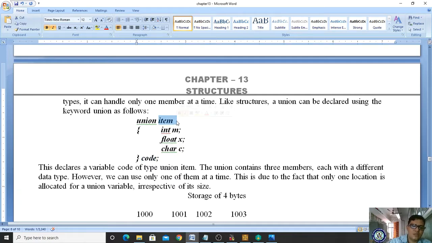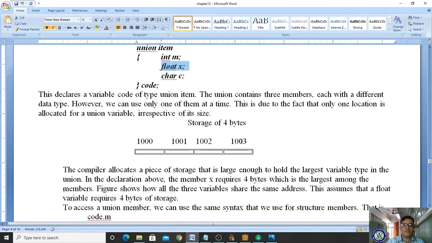If you want to access this value, how do you access it? code.m, code.x, code.c. If you try to print code.m, it will print a garbage value. If you try to print code.c, it will also print a garbage value, but it will print the accurate value of float x. Why? Because according to this union body, the highest consume variable is the one that will print as it is.